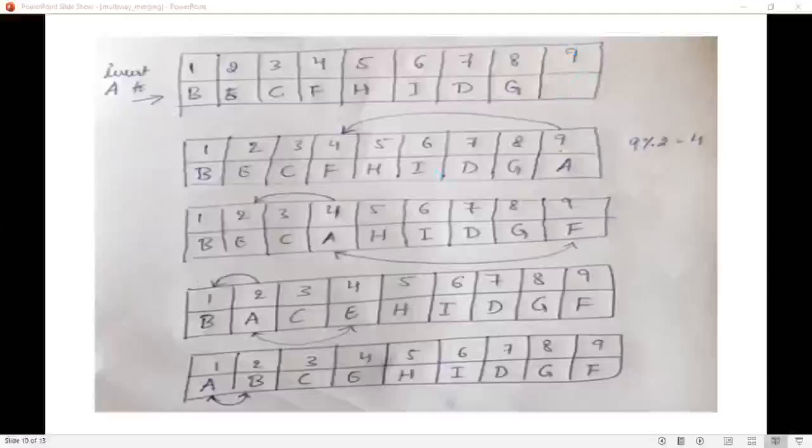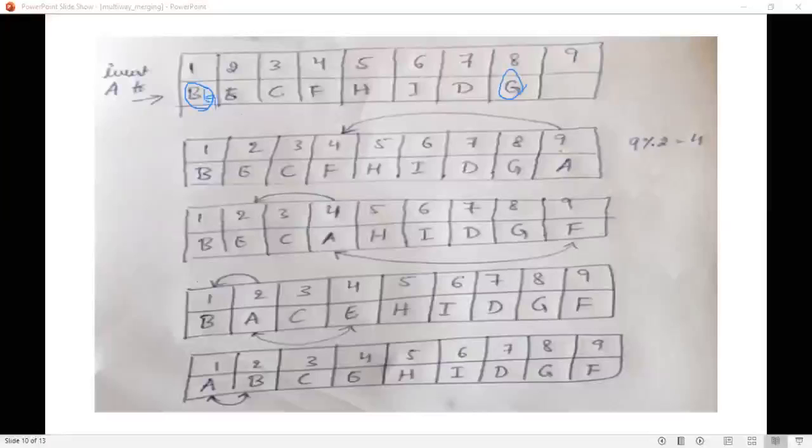What is the first element there? Let me remove B from this particular array. What you have to do? You have to remove B and the element at the last position, that is G, you have to copy it into the first position here. G you have to copy it here, and then you have to reorder.